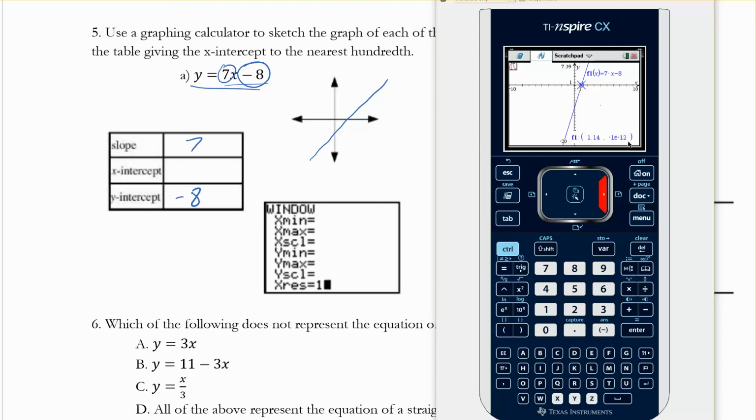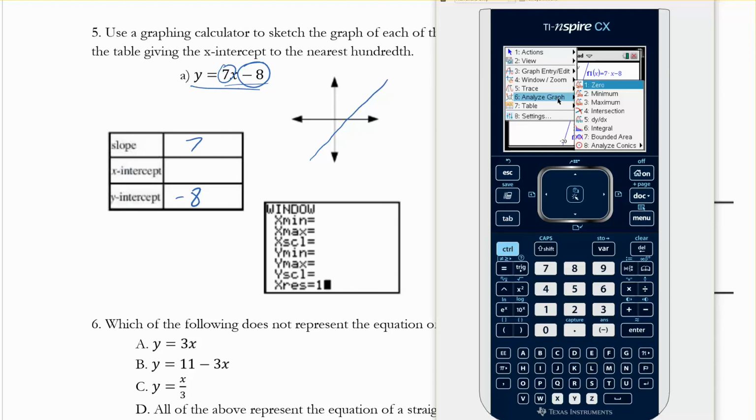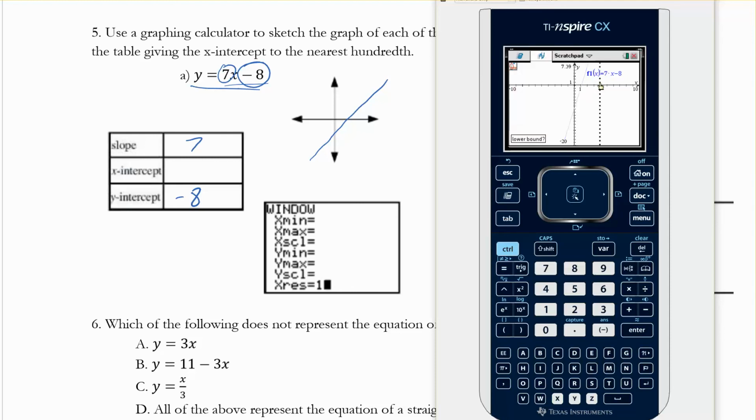But another way of finding it is going Menu and then Analyze Graph. And then it's what's called a 0. We call the x-intercepts zeros. So if I do that, you're going to go to the left of the place that you're interested in. So that's the left of there. And then to the right. And again, it's saying, oh, you want the 0. And I push yes, and it's 1.14 when y is equal to 0. And yeah, that's it. So I'll write in here